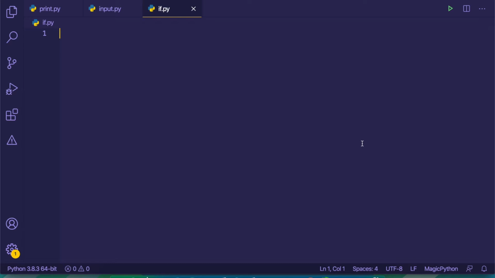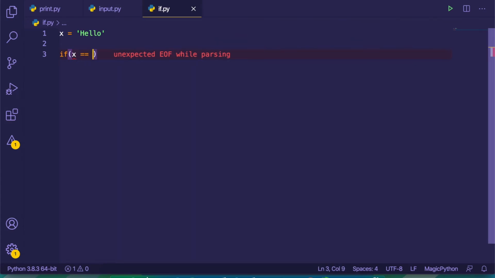First thing is we are just going to have a variable, and this variable is going to be a string, so we'll name this x and set it to hello for now. And we are going to have an if statement. An if statement will have a set of parentheses, and then we are going to check whether x is double equal to hello.